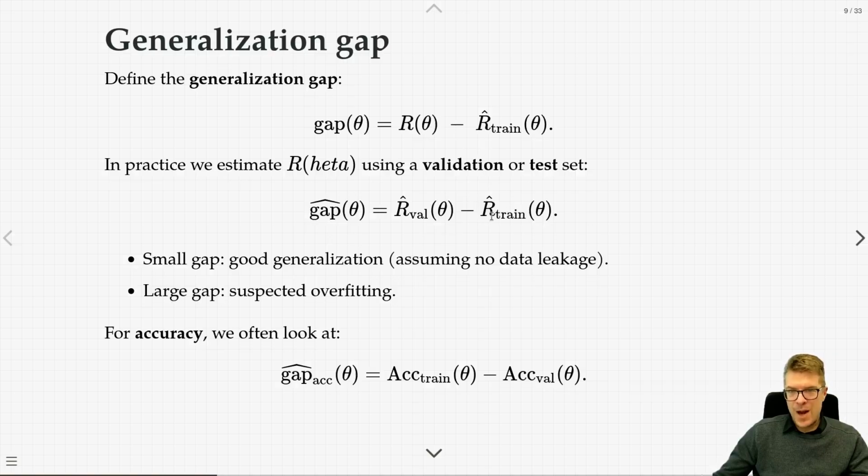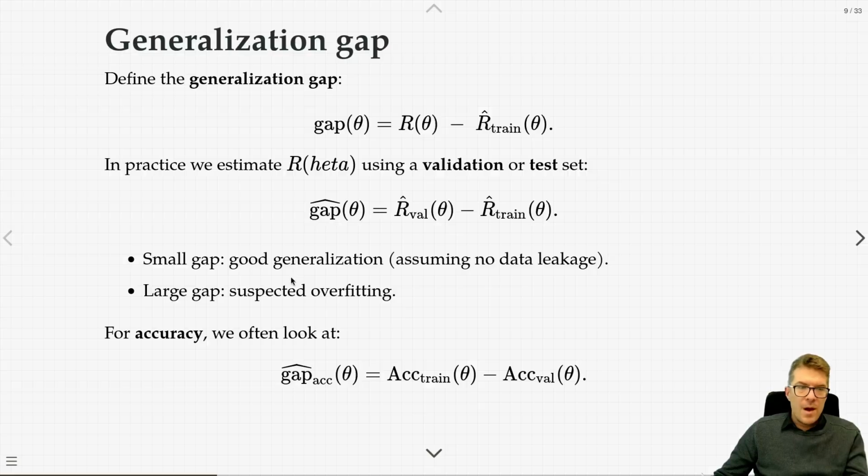But the main notion here anyways is that our parameters are set according to the training set, and we're still interested to see how things generalize. So we can estimate this generalization gap just by the difference between the validation curve or loss or risk and the training risk. This is something we've been kind of doing already anyway, just visually in some of our graphs. This just formalizes it very, very simply. Again, I'm going to fix this typo in a second.